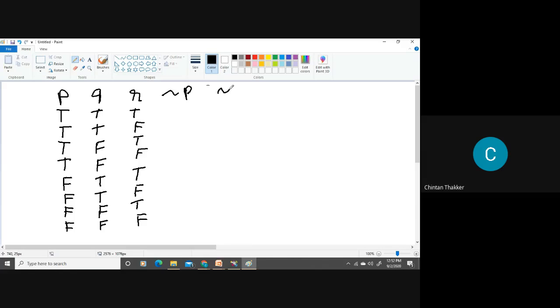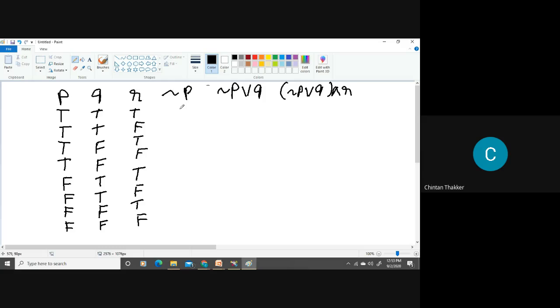Then we have the column of negation of P or Q, and then the column of negation of P or Q and R. Okay, so we have these three columns here to get the truth value of this statement.